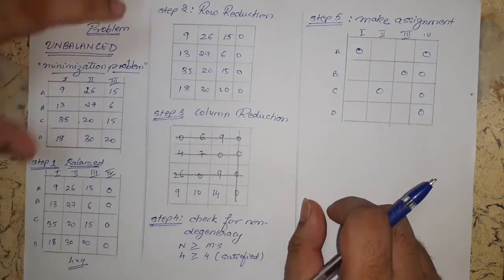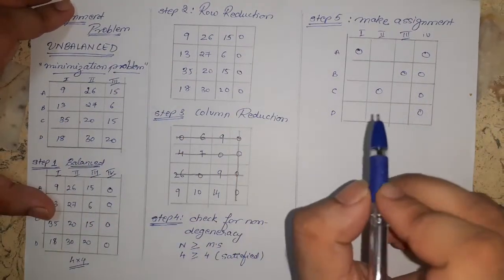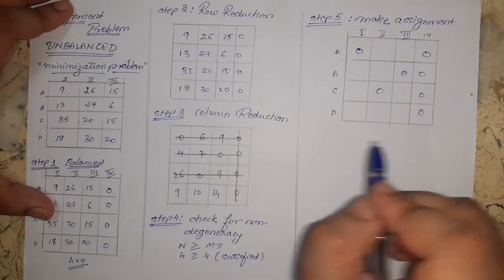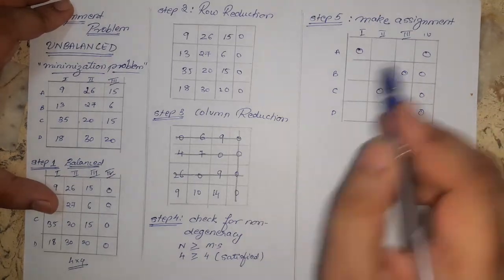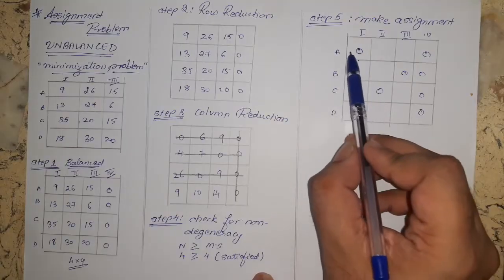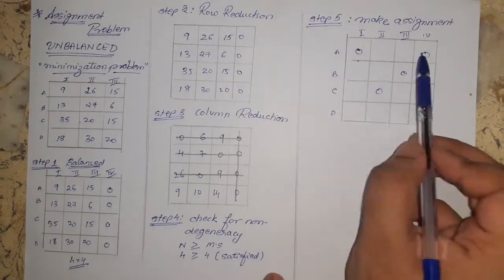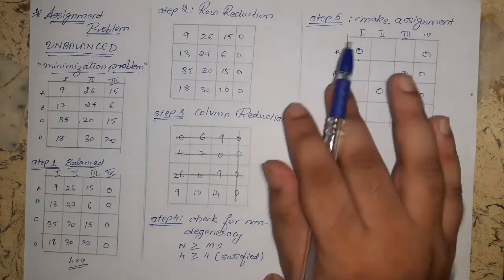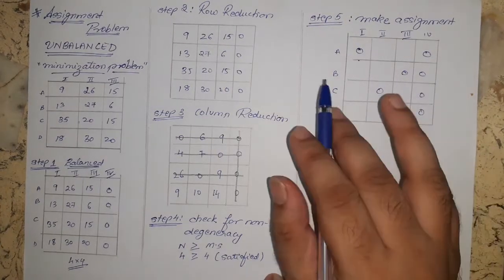Always remember, in order to make an assignment, always go first row wise. Select those rows in which there is only 1 zero available. Assign that zero. Thereafter, go column wise and finish up the entire table. Let's see what that means. In the very first row, there are 2 zeros. Whenever there are more than 1 zero, you cannot assign the job directly, so ignore that. In the second row, again there are 2 zeros, you cannot assign. Again in row number 3, there are 2 zeros, you cannot assign.